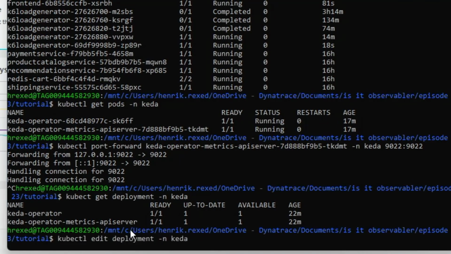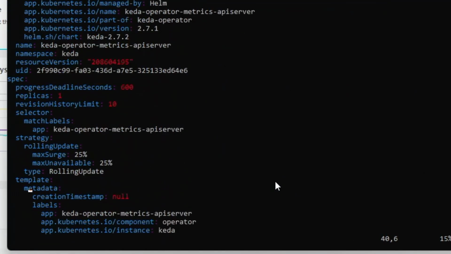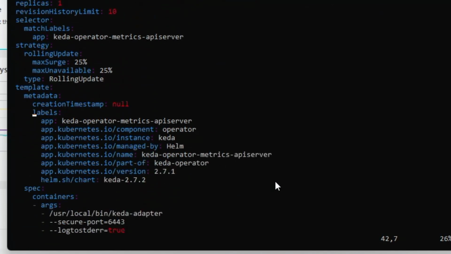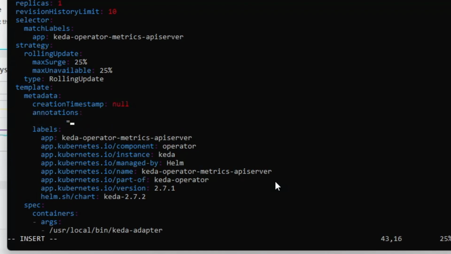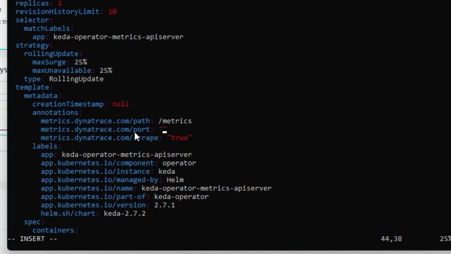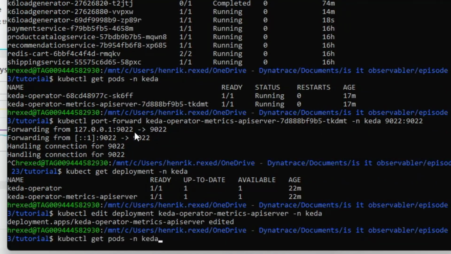So I'm going to do edit. Here it is. Similar to the Nginx, in fact, I'm copying the annotations from Nginx, so we're going to update it. I'm going to go to the template sections. Here, there's only labels, but we are going to add annotations. Then I'm just going to simply paste those annotations and update it with the one for Keda. So it's 9022. Once I've done this, which is everything is fine here, metrics and everything, this is what we had. I just simply have to update this one, and then it should restart